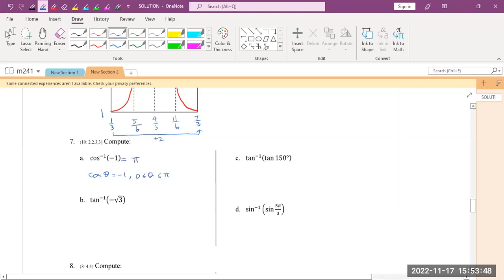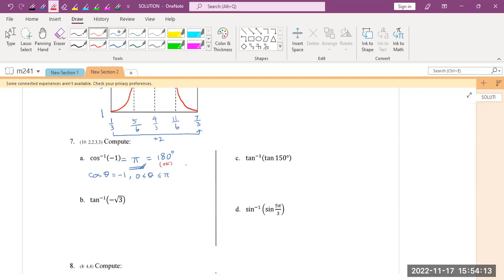The answer is pi. Now, the answer for cosine inverse is supposed to be in radians, but sometimes I have students answer in degrees. For your level right now, I will accept that, but technically speaking, the answer is supposed to be in radians. Now, how about